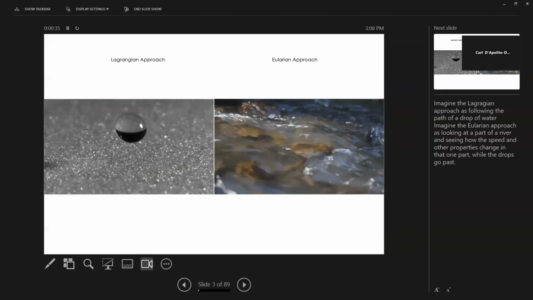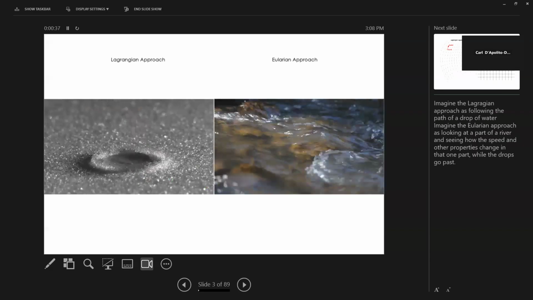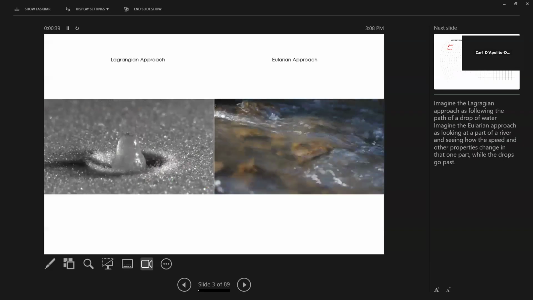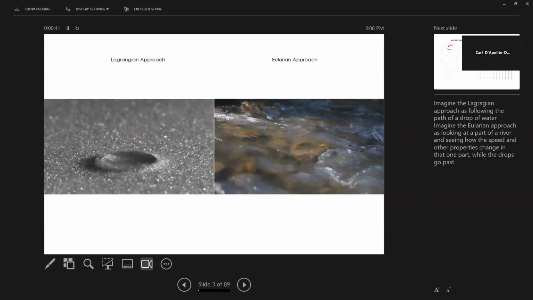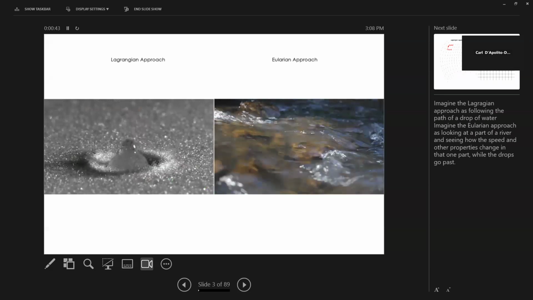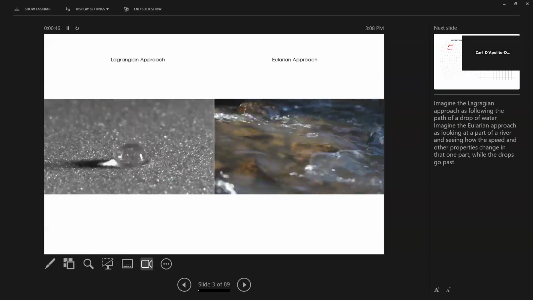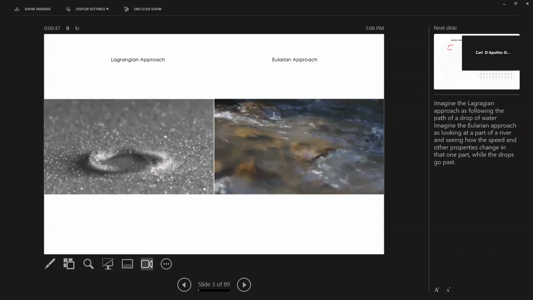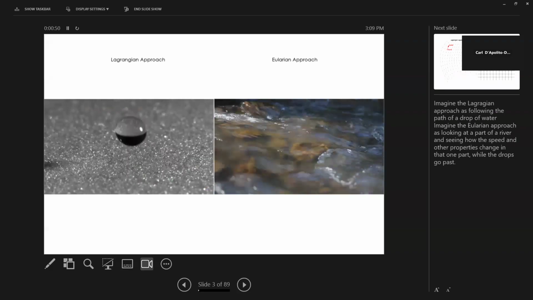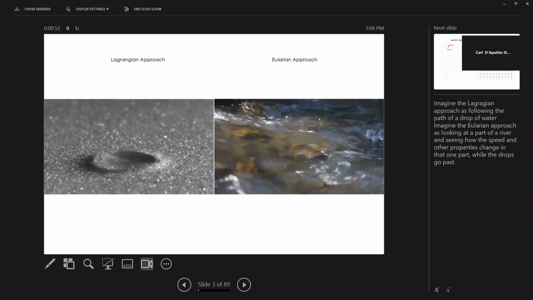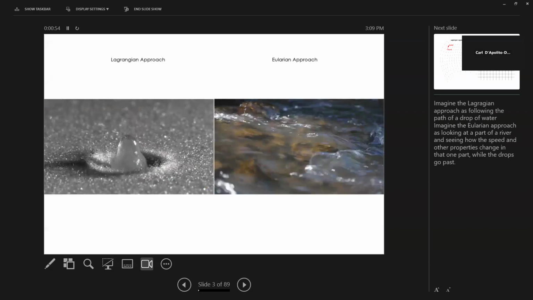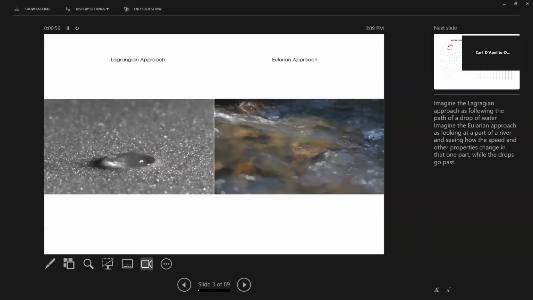And the Eulerian approach is as though you are looking at a piece of the water and the water is flowing by you. So instead of modeling the particles, you take a little bit of water and you describe the quantities of velocity or temperature or density